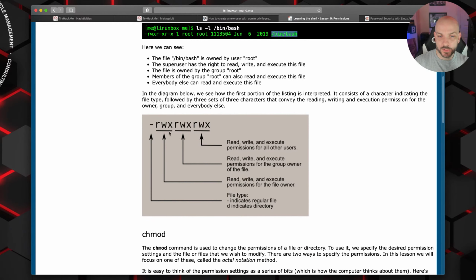We see this first group here has an R, a W, and an X for read, write, and execute. This first grouping corresponds to the file owner. The second grouping corresponds to the group owner. And then this one corresponds to everybody else. So in this case with the shadow file, which we're trying to protect because it has the hashes in it,